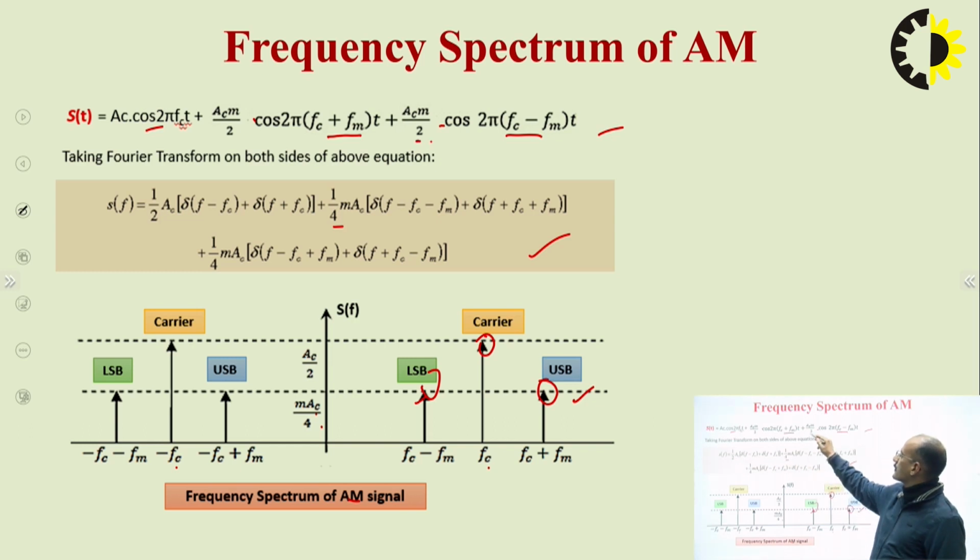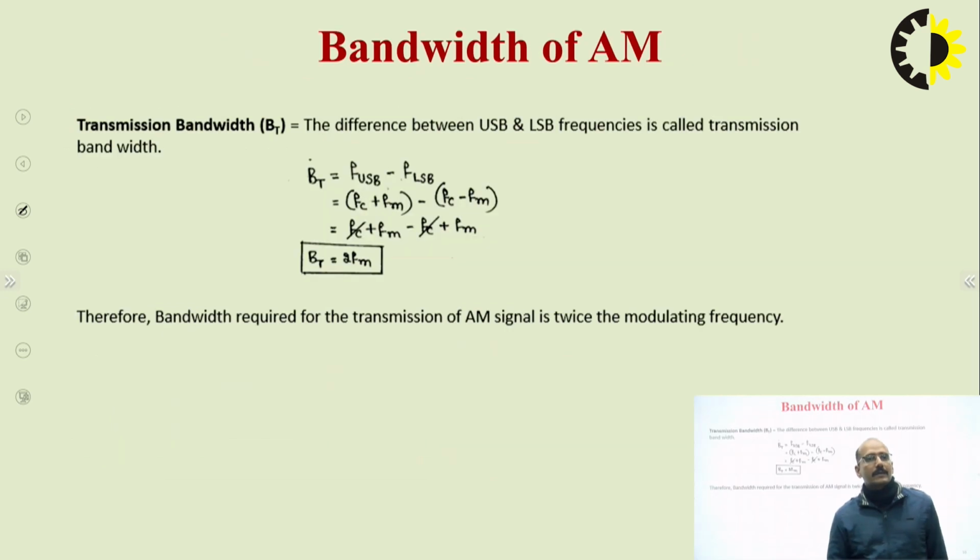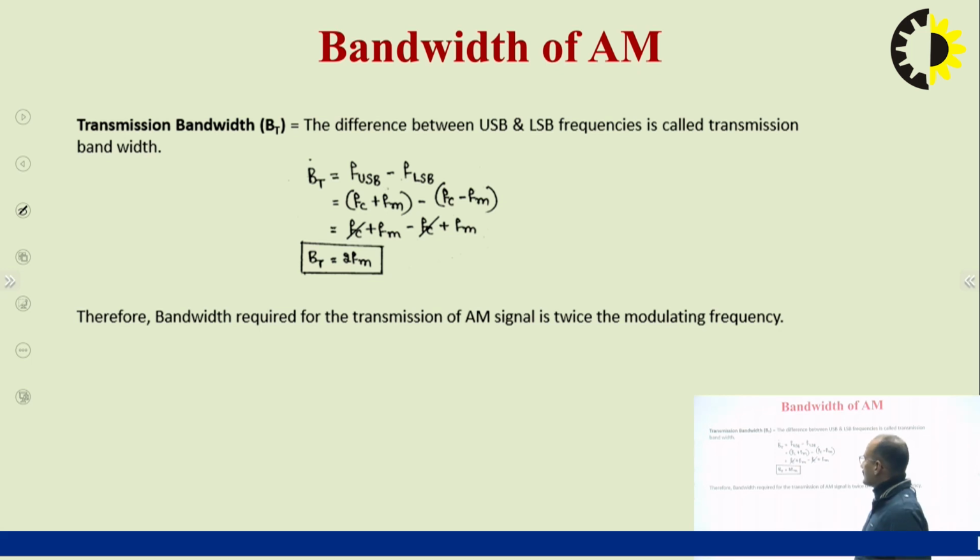You can see here that it is AC by 2, AC by 2, AC by 4. So these two are part of the frequency spectrum, so they are now sidebands. When we are talking about the sideband bandwidth of the AM, you can see here that in the AM equation